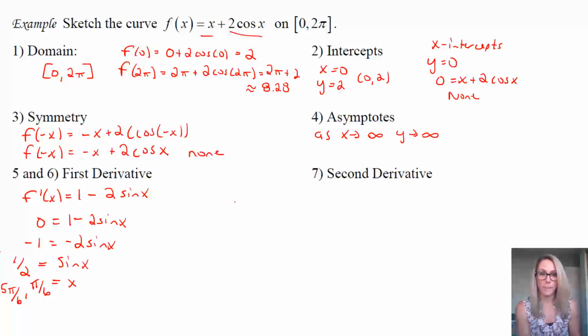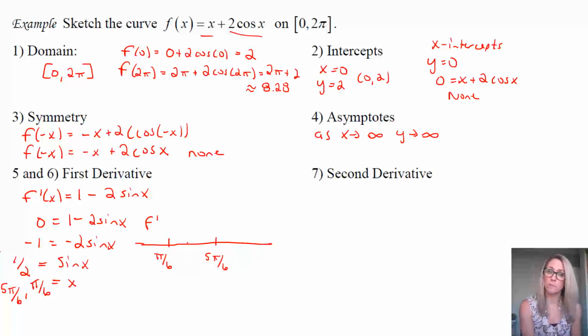So we get that, and then what we can do with that first derivative, of course, is do a little graph. We'll get the graph of f prime here. Let's put on those two values that we think are important and just see what's happening on either side. So we have pi over 6, and we have 5 pi over 6. And we're going to put some values into our derivative to see whether the derivative is positive or negative, to tell us whether the function is increasing or decreasing. So let's do the sign chart first, and then I'll go from there.